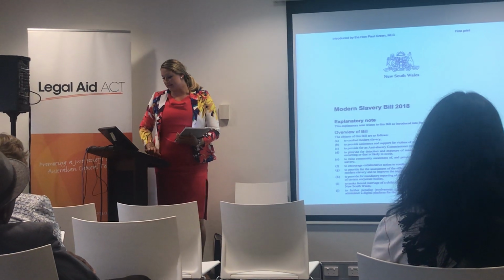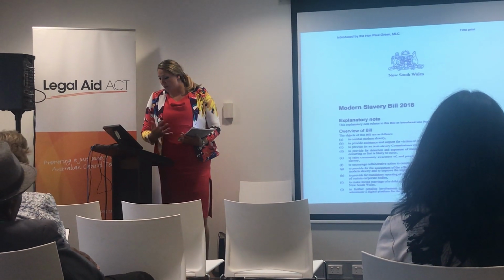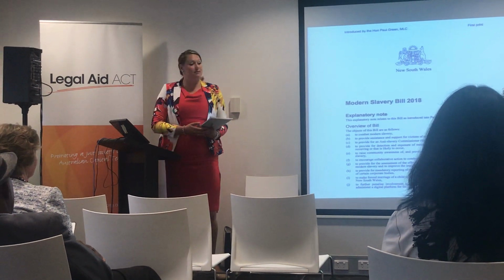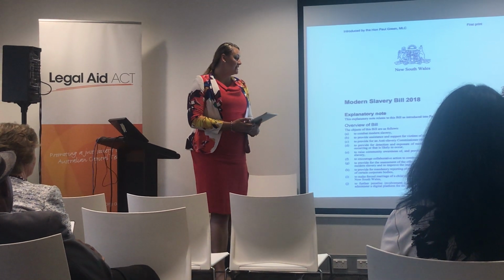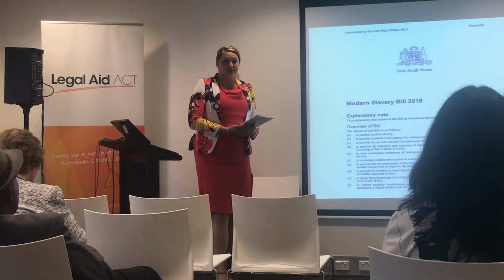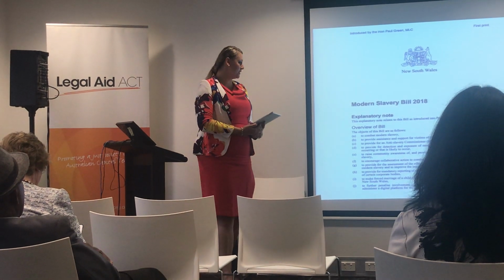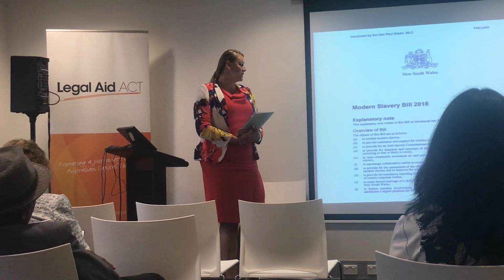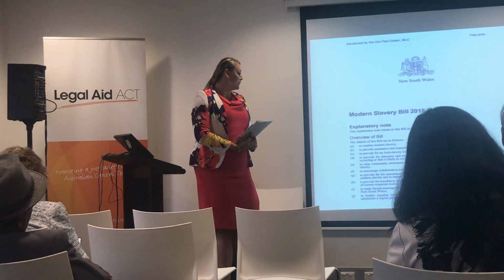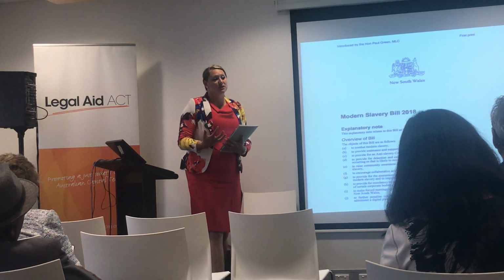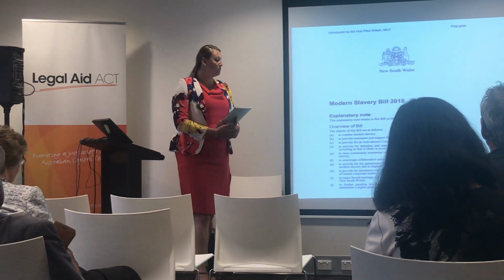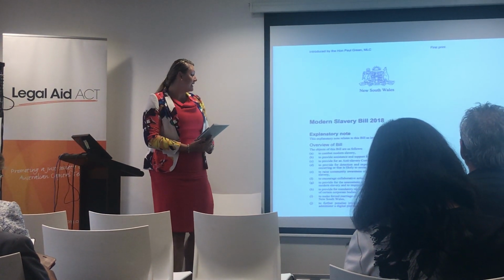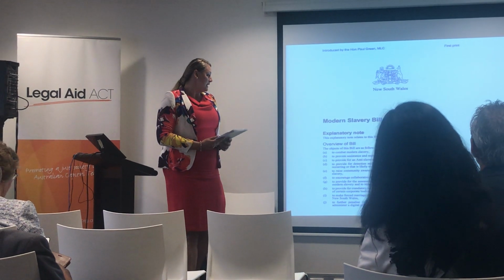The Modern Slavery Act in New South Wales Parliament has a slightly different structure and focus. As you can see here, part of the purpose is to combat modern slavery, provide assistance and support for victims, and provide an anti-slavery commissioner. The New South Wales government do want to have an anti-slavery commissioner based out of there, to provide for detection and exposure of modern slavery, to raise community awareness. So education is such a huge part, both in industry as well as in community, in relation to supply chain slavery, and of course to encourage collaborative action.